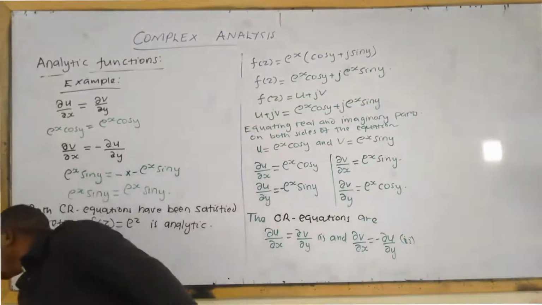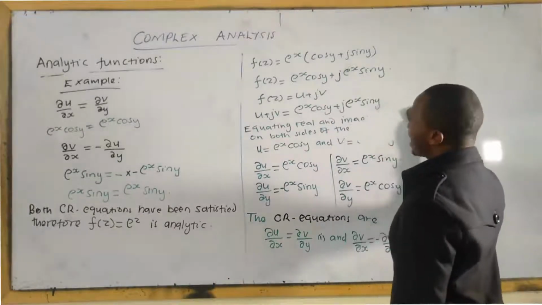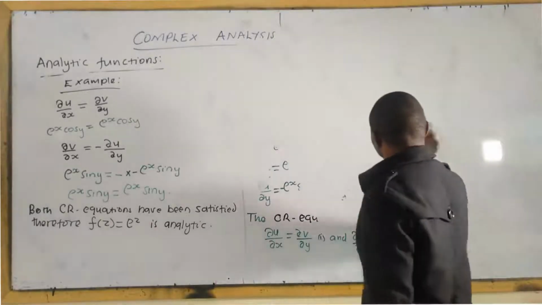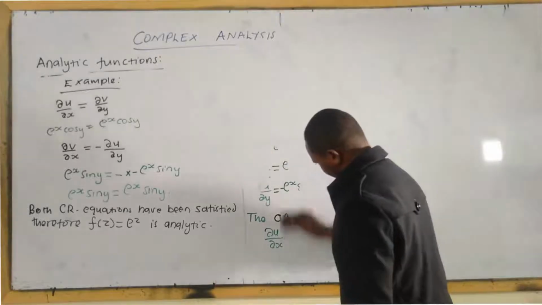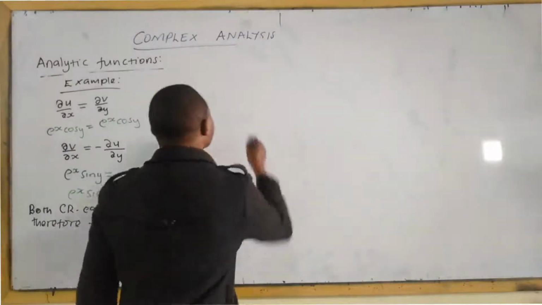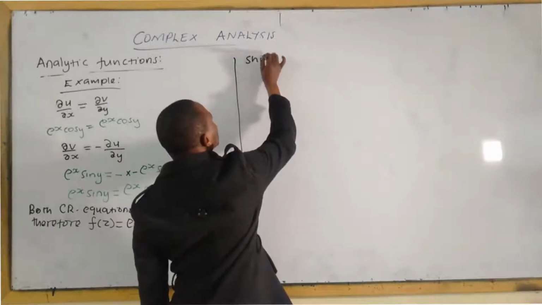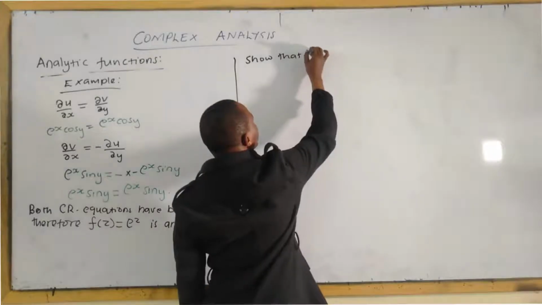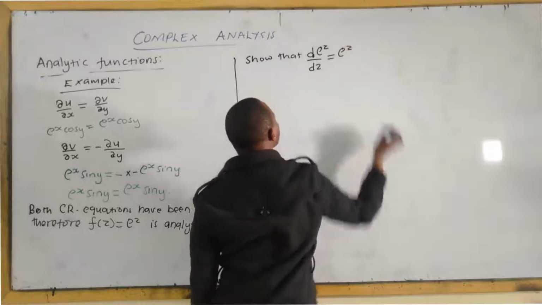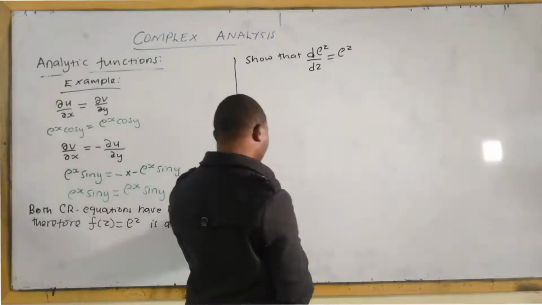In the next step we should prove this. This question has also another part, whereby you are supposed to show that the first order derivative of exponential z with respect to z is equal to exponential z. Notice this one is a complete derivative. There is a difference between this symbol